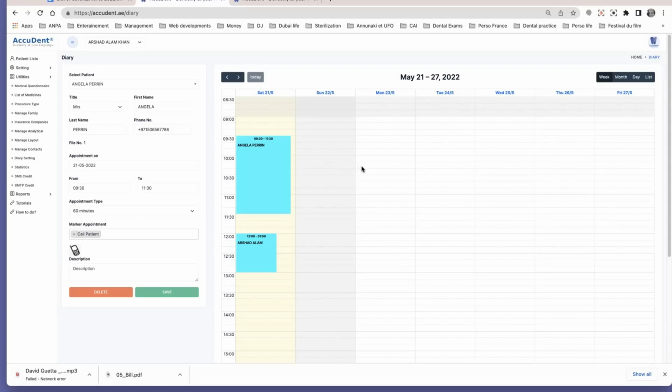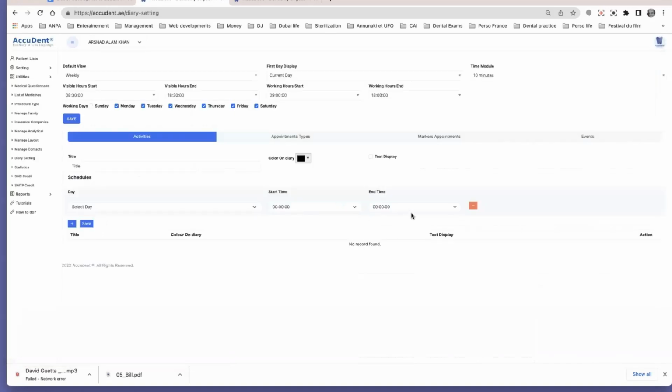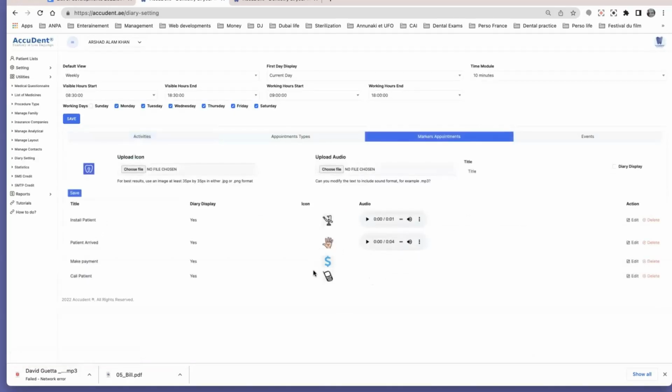I'm going to show you how we can make sound markers on the appointments. To know that, we go to diary settings. In the diary settings, we have the markers. In the markers, we have normal markers, which will link to the patient, or these markers, which will allow communication